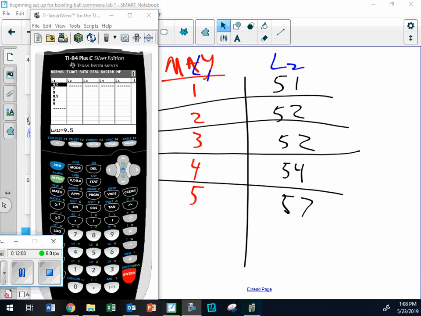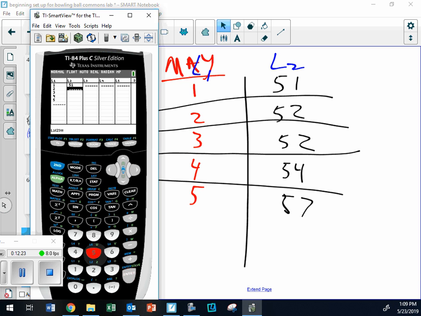Sliding this over a little bit. 1, 2, oh, mess up already. 2, 3, 4, 5. Deleting that one. You can't have any extra numbers in your list. And if you don't have the same exact number of numbers, it's not going to like it.